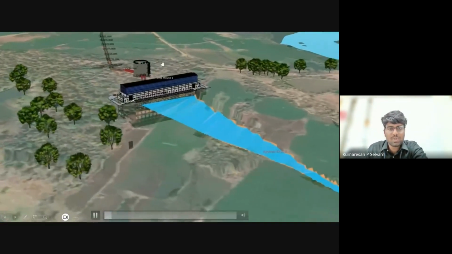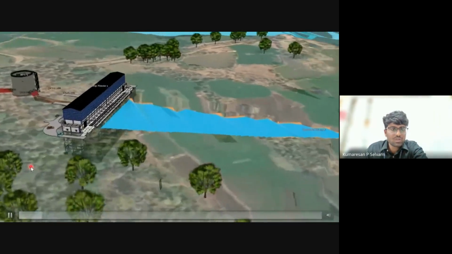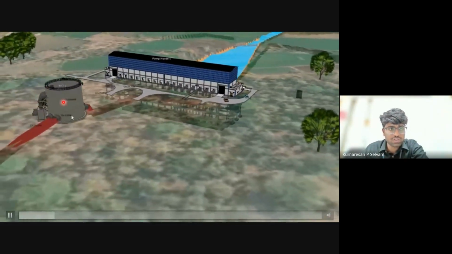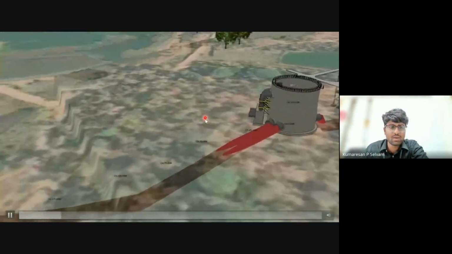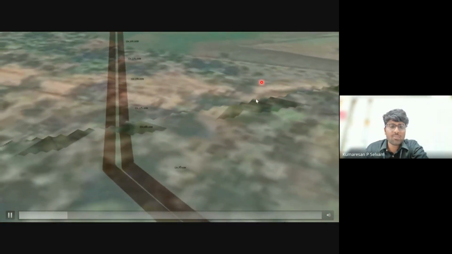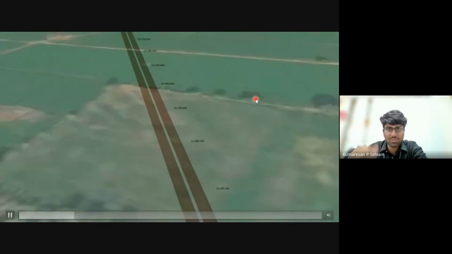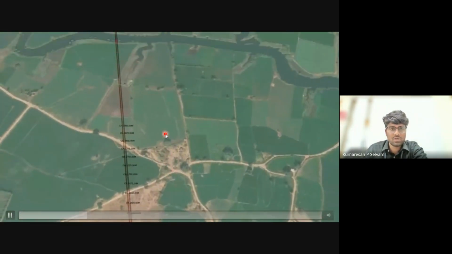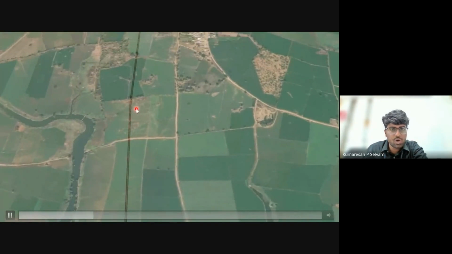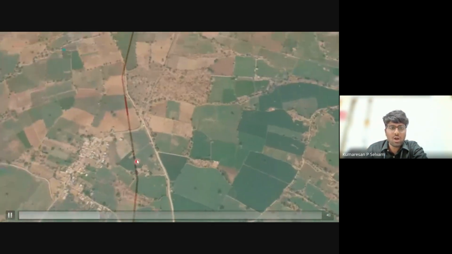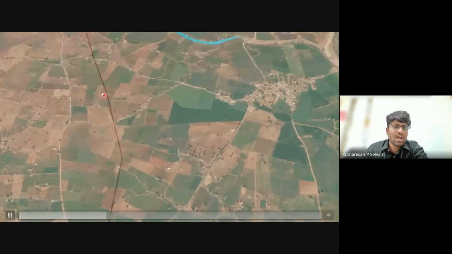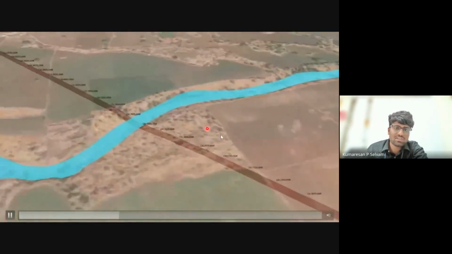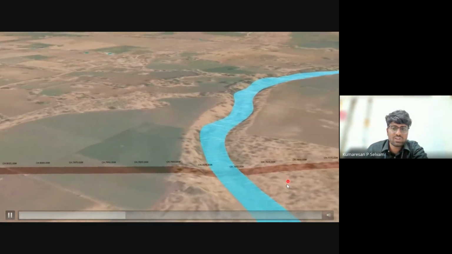You can see this is a BIM model of that delivery chamber and the pipeline, and the terrain model which we acquired from the LiDAR scanning data is taken into the GIS platform, and the BIM model is also taken into the GIS platform. Now both are visualized together, as how the pipe will flow through the river and through the lands, in which areas it will flow. Everything can be visualized here.